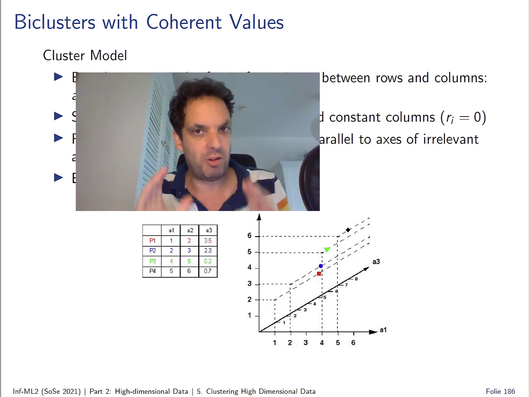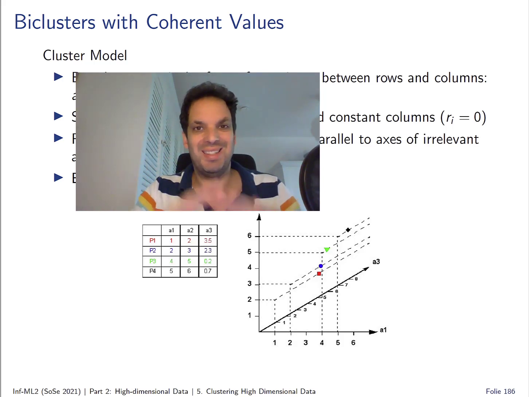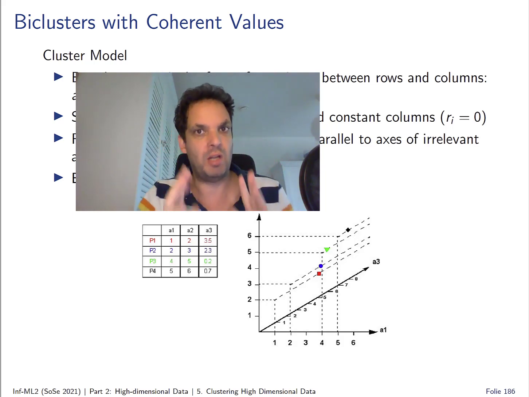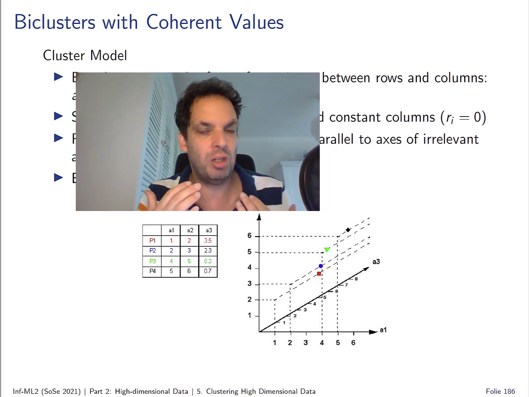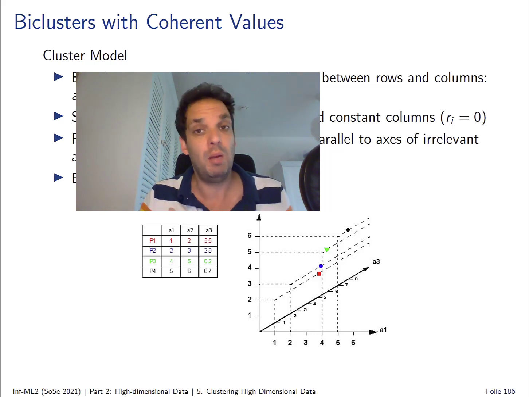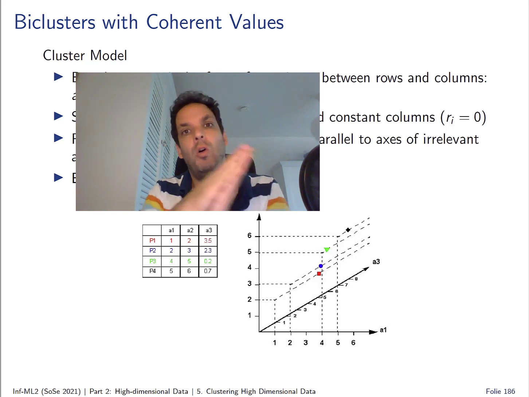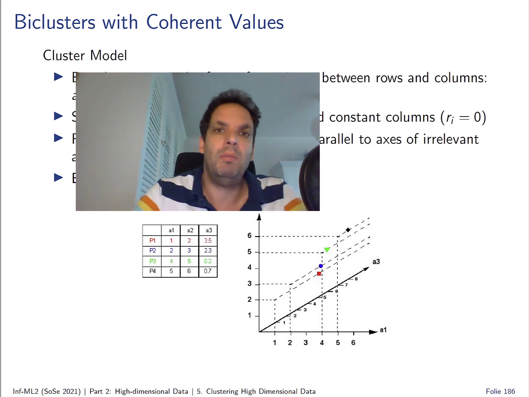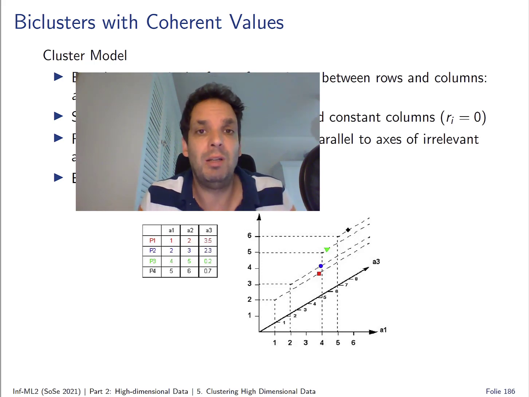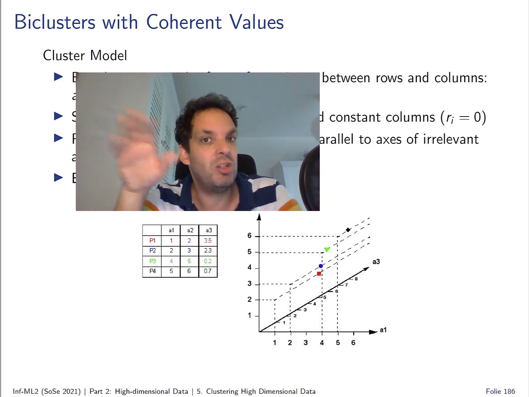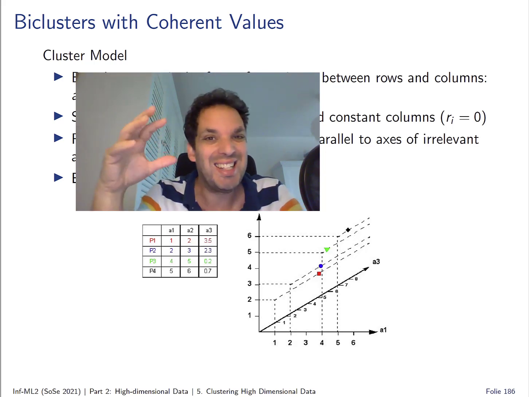Okay, so we started with a very simple model. Everything has the same value, constant biclusters. Each row and column in the submatrix needs to have the same value. Then we generalized that by allowing some kind of variation along rows or columns, but still we said we need constant values in either rows or in columns. Now, the next step, obviously, for generalization is to allow variation in both directions, in both rows and columns,